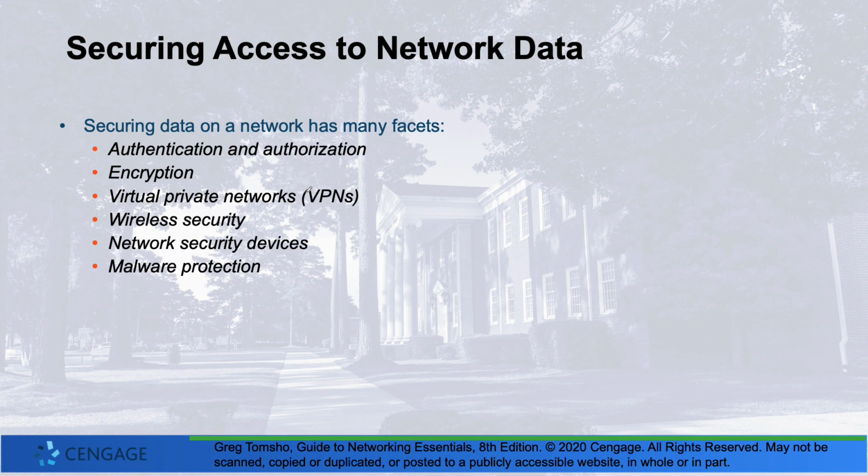Virtual private networks allow us to use public networks such as hotspot connections at Starbucks, and use them as if we were sitting on a secure network. Wireless security, the methods and settings we need to use to secure our wireless networks. We also have specialized security devices for network security, firewalls, intrusion detection systems, and then we need to have malware